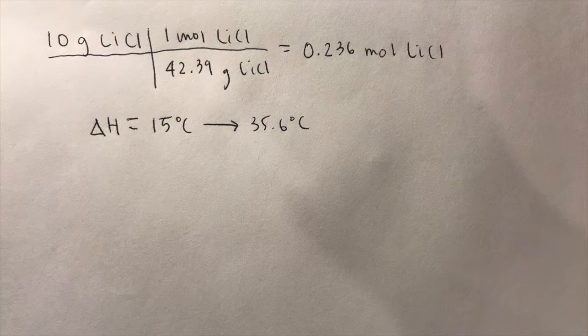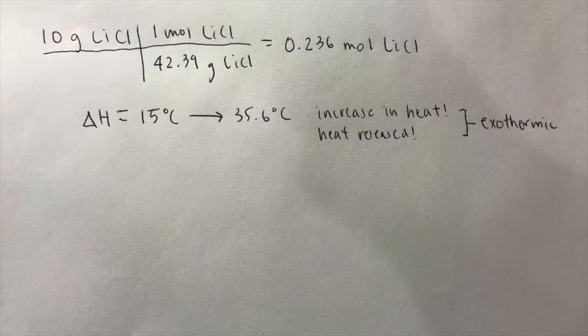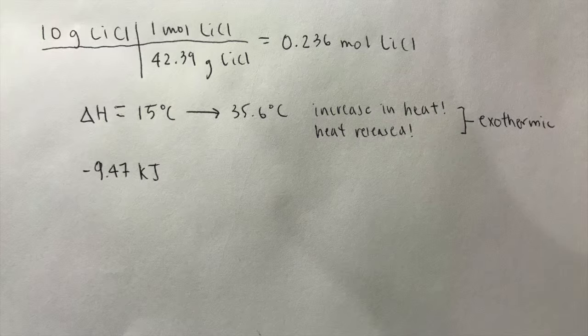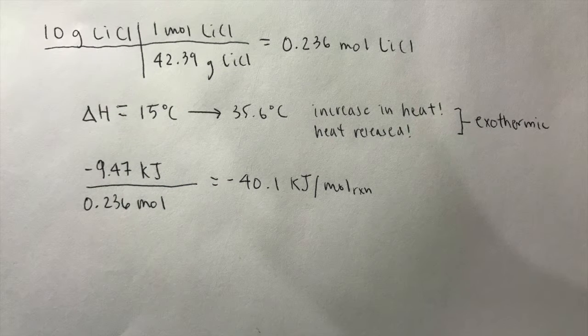And then I also see that the temperature is increasing from 15 degrees Celsius to 35.6 degrees Celsius, which means that heat is released. And so the change in enthalpy is negative because it is an exothermic reaction, which means that the Q is negative 9.47 kilojoules, not just positive 9.47 kilojoules. And so I divide negative 9.47 kilojoules by 0.236 moles, and I get the answer, which is negative 40.1 kilojoules